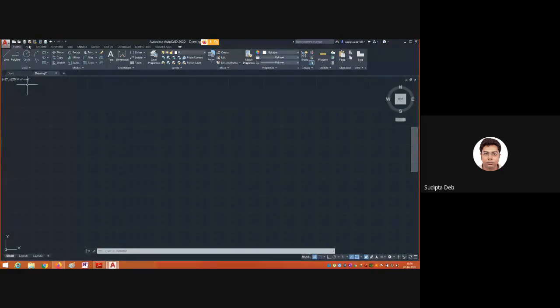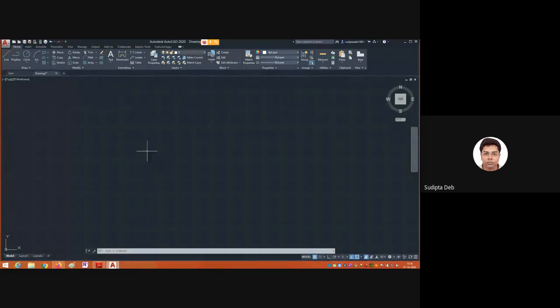Now you can see the different things in the AutoCAD environment. The top section, where Home, Insert, Annotate, Parametric, View, Manage are written, is the menu bar. If I go to the Home menu, you get the Draw toolbar, the Modify toolbar, Annotation, Layers, Properties and Groups.